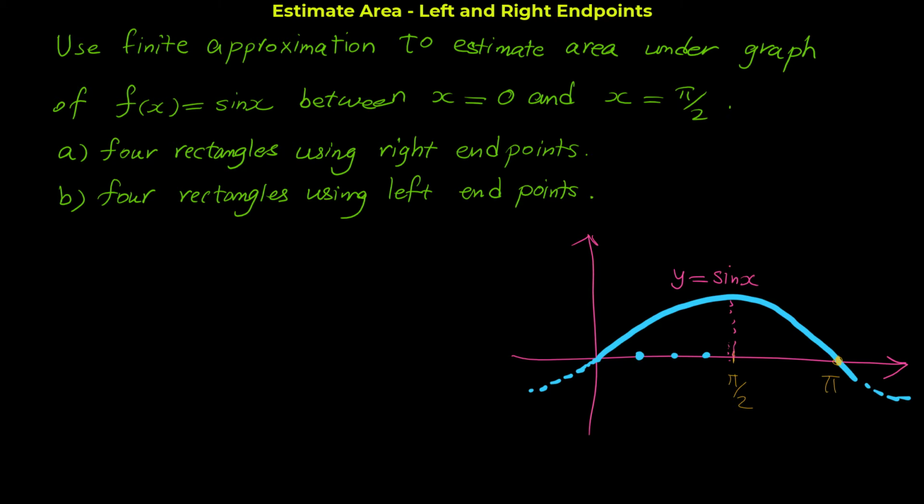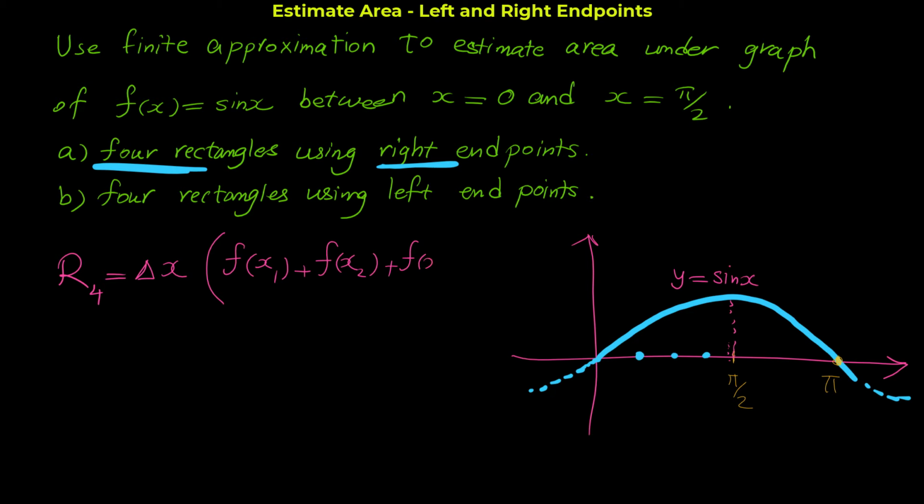Before I show you how we make the rectangles, let me write down the formula for rectangles for the right endpoints. Riemann sum, when we have 4 rectangles, we show it with R4, R sub 4, because we want to use right endpoints, so we use R. The 4 shows that we want to estimate the area with only 4 rectangles. The formula is this: delta x times f of x1 plus f of x2 plus f of x3 plus f of x4,